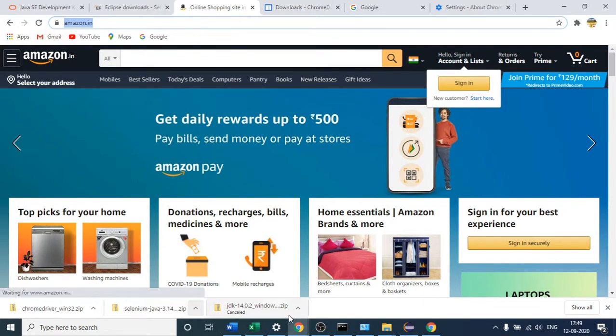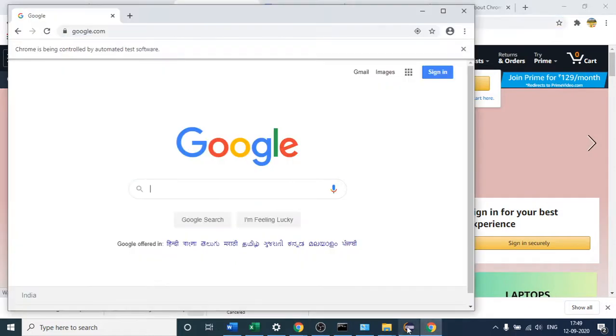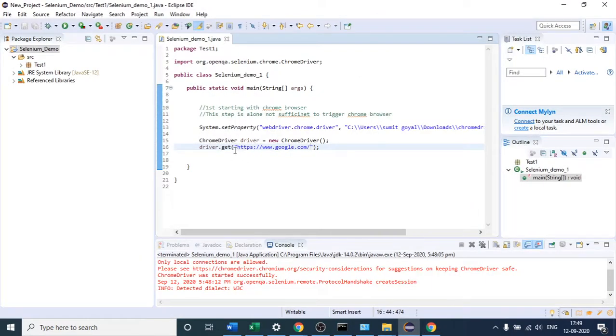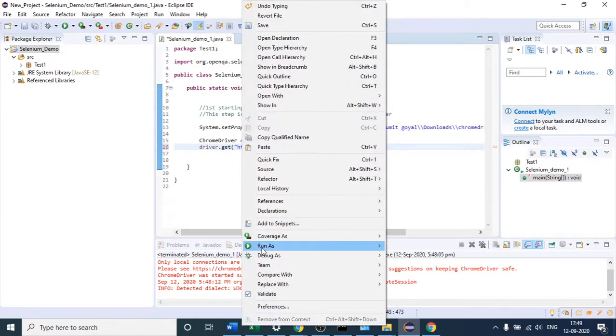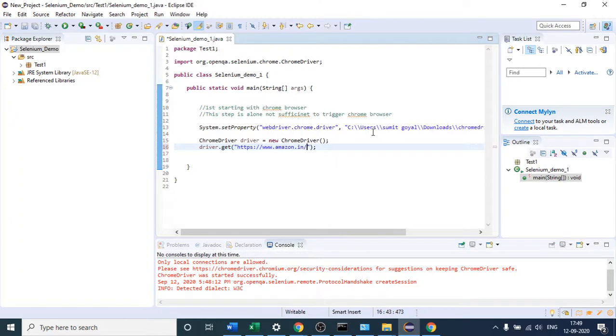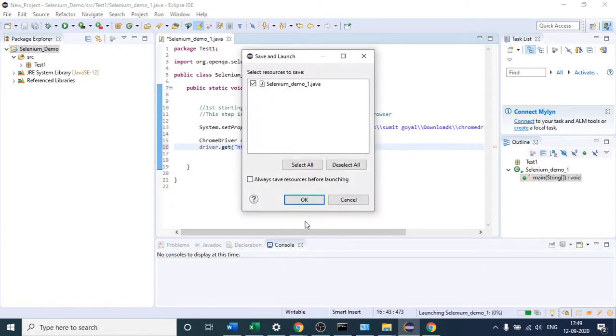I have copied the website URL. Then come here and just paste it here, so that this time the Amazon website is going to open. I will click OK.